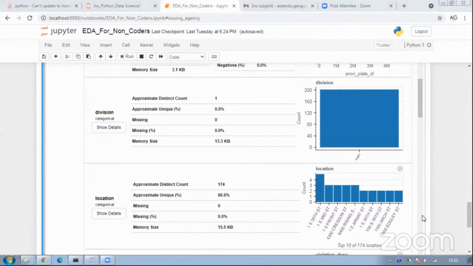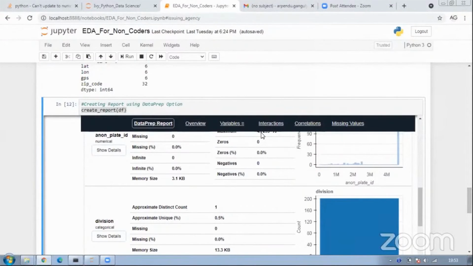Can we have QQ plots as a part of this, Kripa? As a part of this, we generally have your box plots and your histograms. QQ plots are generally used when we are trying to compare the distribution of a particular variable with a normal distribution. That's where QQ plots are very useful.